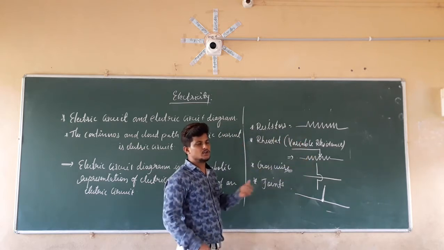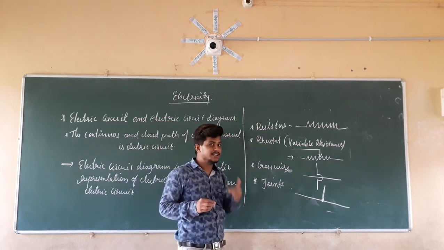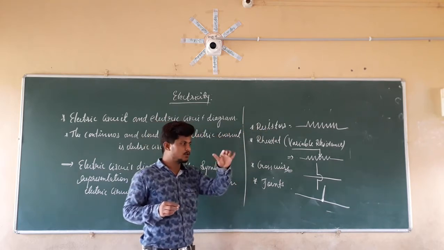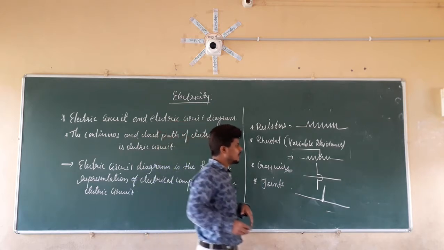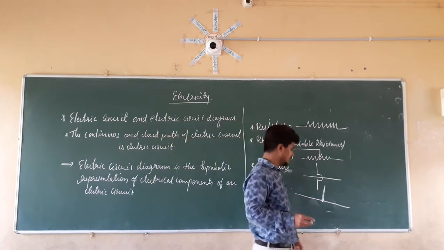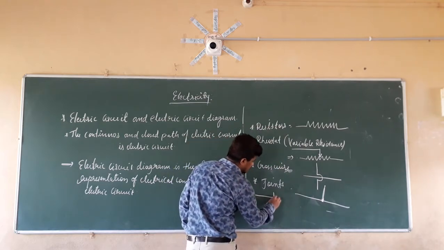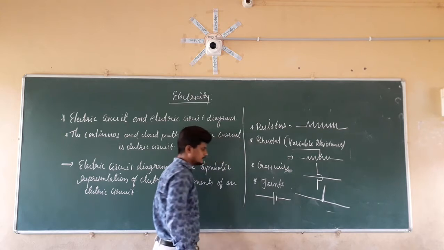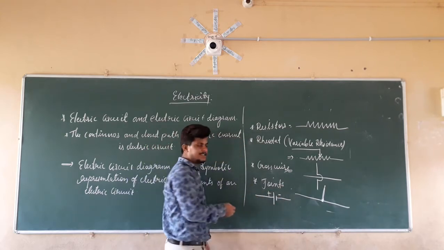Now we are going to draw an electric circuit diagram for the example which I have taken earlier. That is nothing but we are going to take the bulb which is connected to a cell. So how can that be denoted? We are going to connect that to the battery, so this is the electric source, and this will be the plus and minus, or this is the cell.